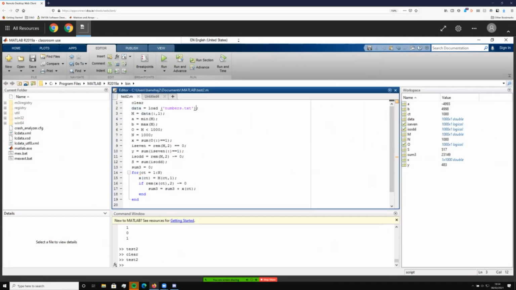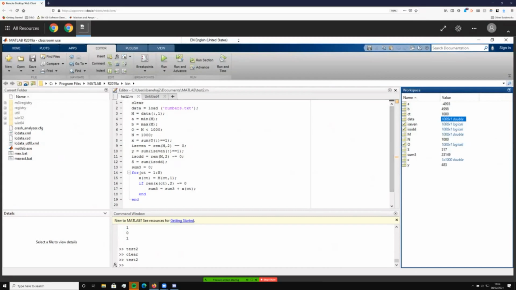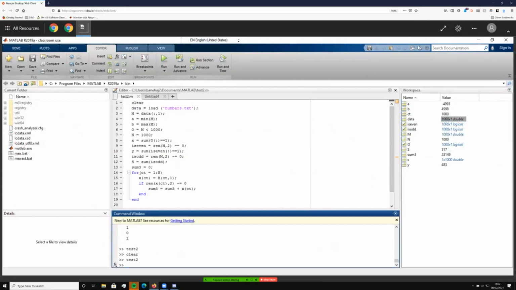So this reads it in, and you can see it over here. It loads it in as a matrix. If I come down here and type in data, it'll display data. So this is what data actually is. Ignore all the ones and zeros, that's something else. It's all of these numbers here. Scrolling through this command window can be a bit fidgety, because when you're loading in a bunch of numbers, it tends to skip through a bunch of numbers really quickly because it's a very fine scroll.